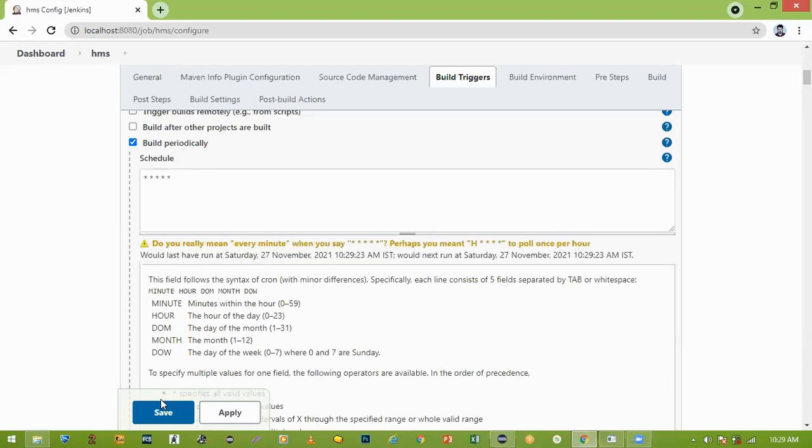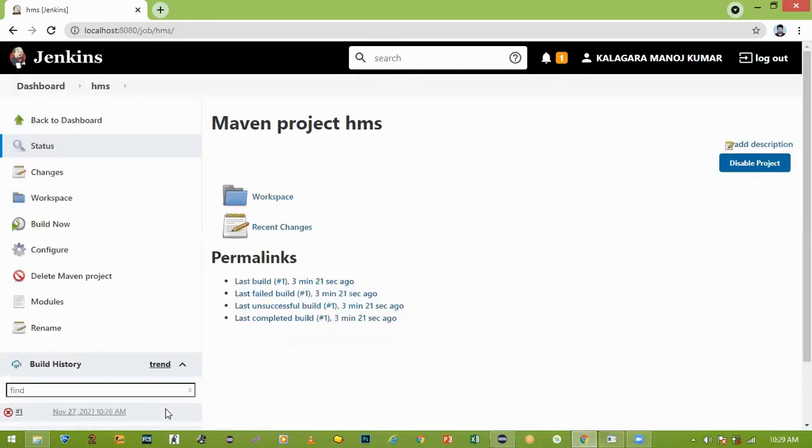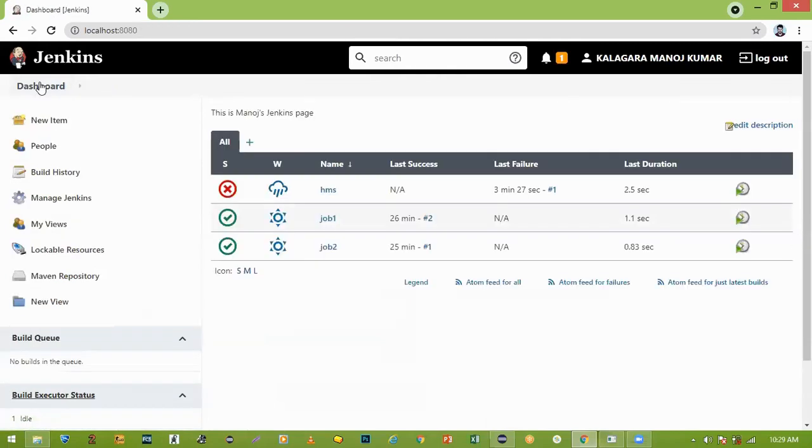Save. See, do you really mean every minute you have to run? Yes. Yes. Save. You won't do anything, automatically it will run every minute. Every minute it will run, sir.